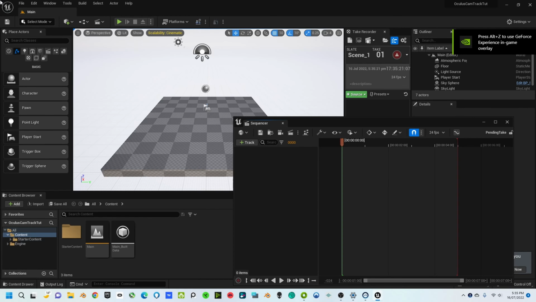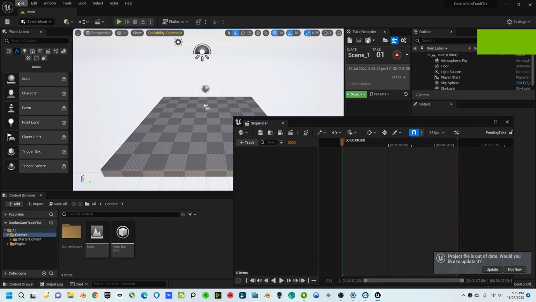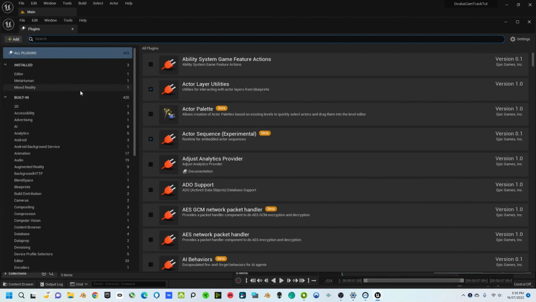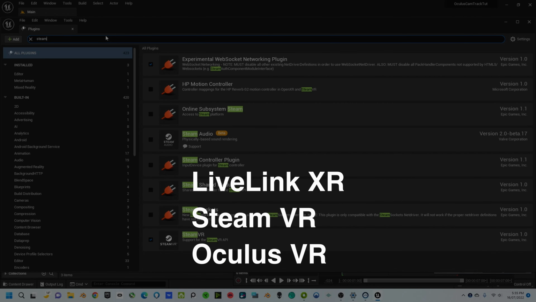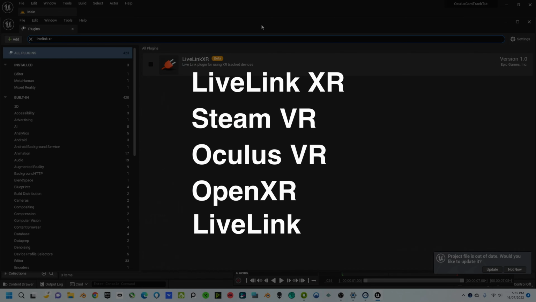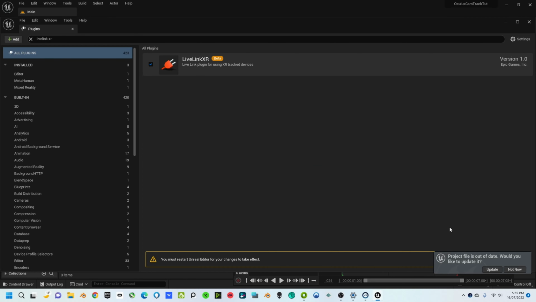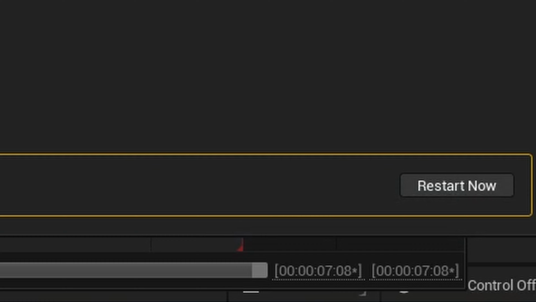Now to start, you'll need to open your Unreal Engine project and enable the following plugins by going to the top left corner of your screen, going to Edit, Plugins, and enabling these following plugins. You need to enable LiveLinkXR, SteamVR, Oculus VR, OpenXR, LiveLink, and LiveLink Camera. Once you finish these, click the little Restart Now button that appears at the bottom of your screen to enable